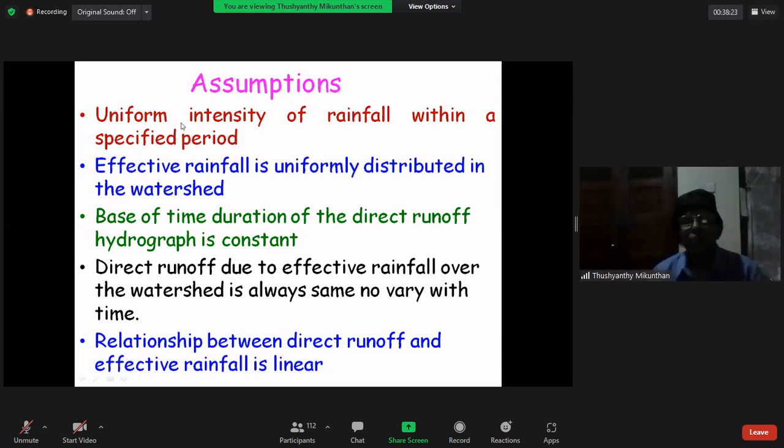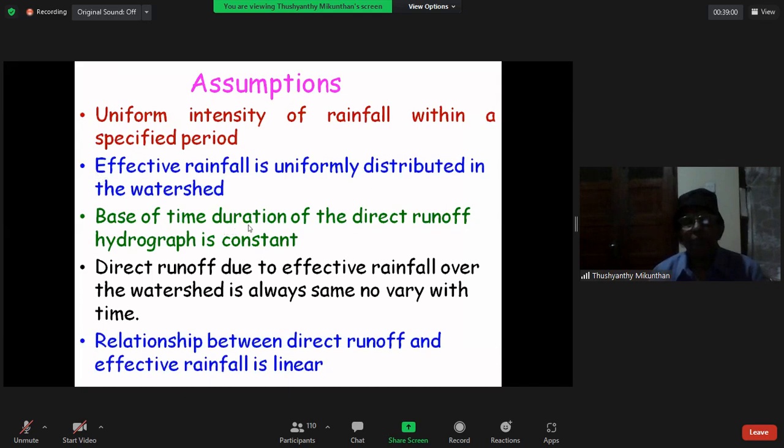For the first one, what we are doing is rectifying the error by separating into shorter durations. Suppose a 4 hour duration, we separate it into 1 hour, 2 hour, 3 hour, shorter durations. For the second one, a large watershed, we separate the watershed into small areas and derive the total flow.